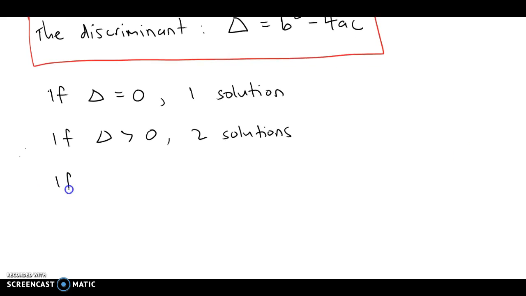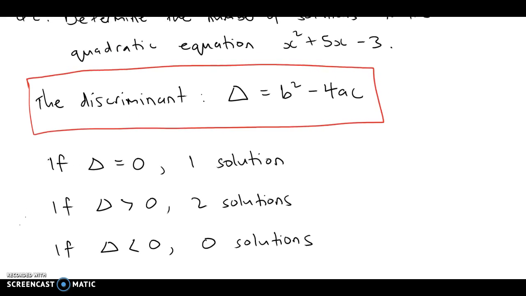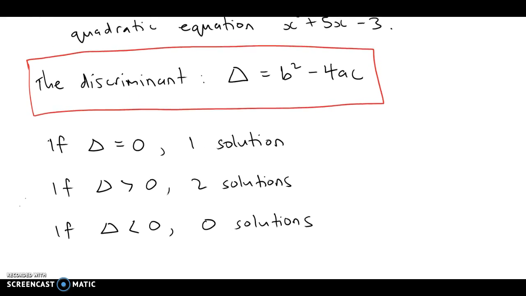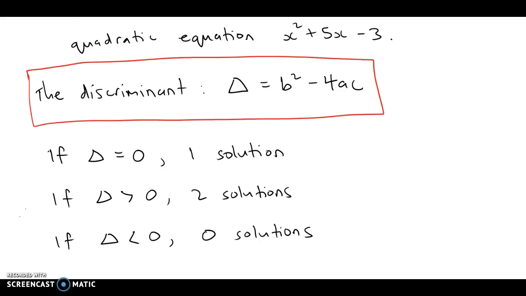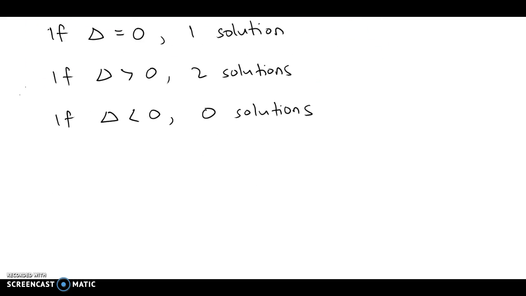And lastly, if the discriminant is less than 0, you can probably guess that there are 0 solutions. So going back to this original question, x squared plus 5x minus 3,